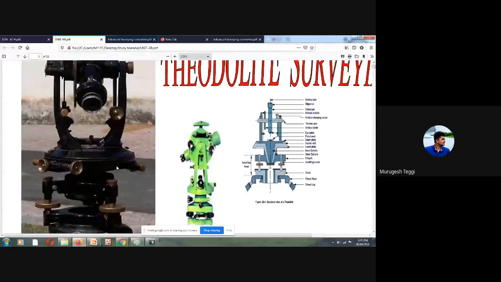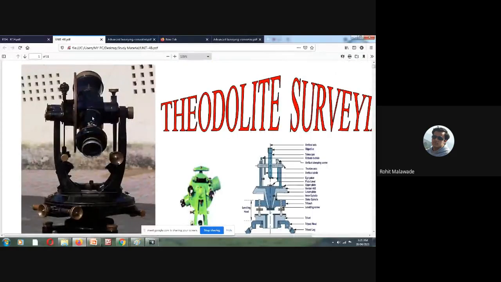Now, whatever lens you are going to see, this telescope-like element, it is exactly a telescope. From this particular thing, we are going to see the object. And here, there is a circular element. From this part, you can see only the side part of that. But here, you are going to see the